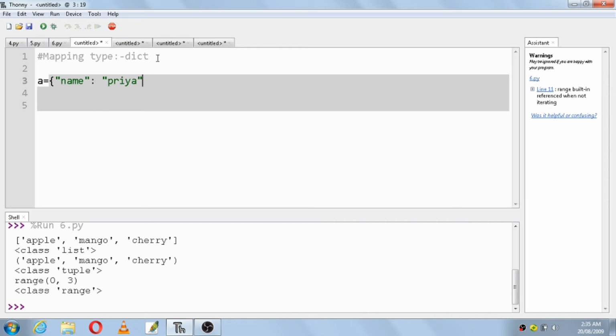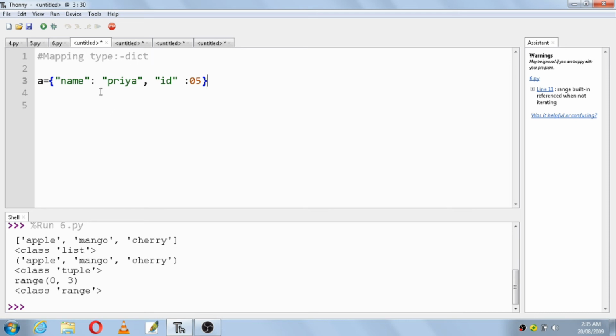Then next I'll take one more variable, I'll take it as ID. For this I'll map some number, 05. As it is an integer, I have not put any double quotes. Then I'll close this flower bracket.